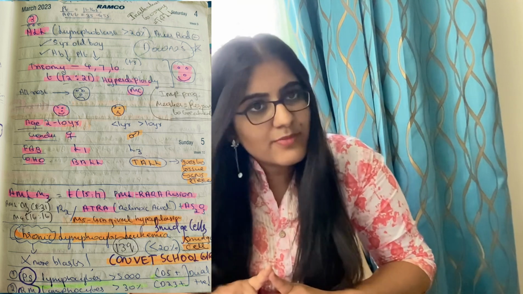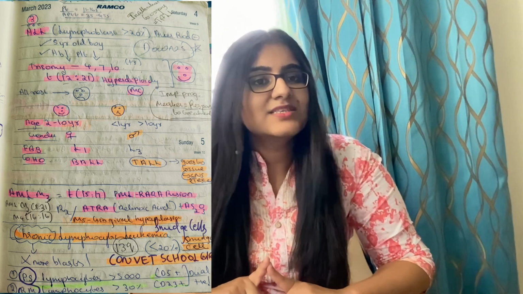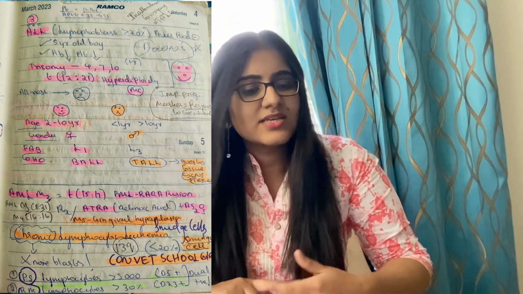And also gender, you should remember, females have good prognosis and males have bad prognosis. And another thing you should remember, WHO category B-ALL will be good prognosis, and what will be the bad prognosis? T-ALL. Why is T-ALL bad prognosis? Because T-ALL goes to other tissues like CNS and testis, it goes to other tissues, then it will be bad prognosis. And then you should remember chronic lymphocytic leukemia.